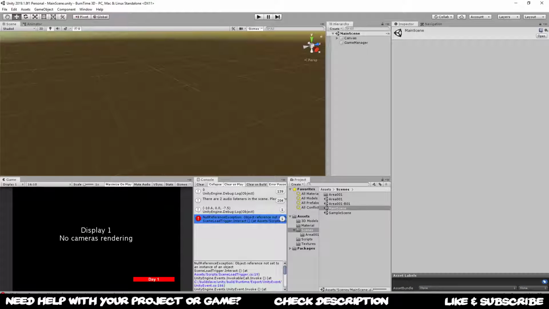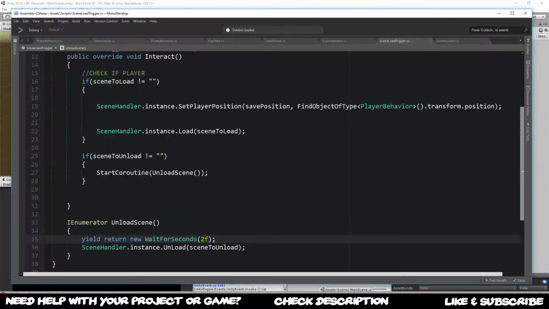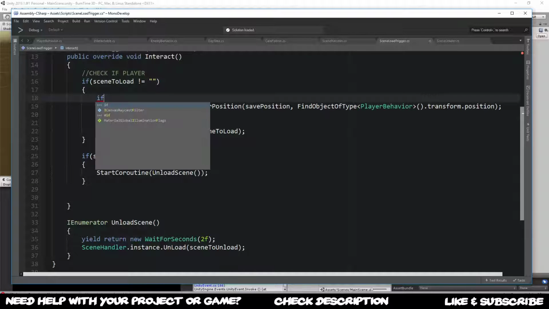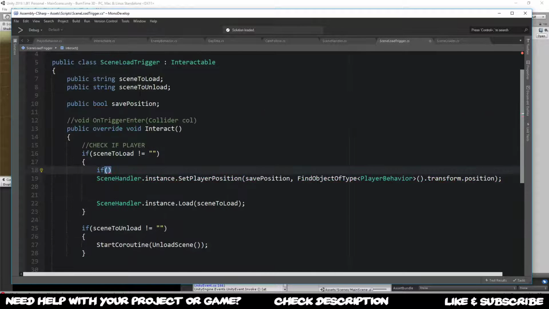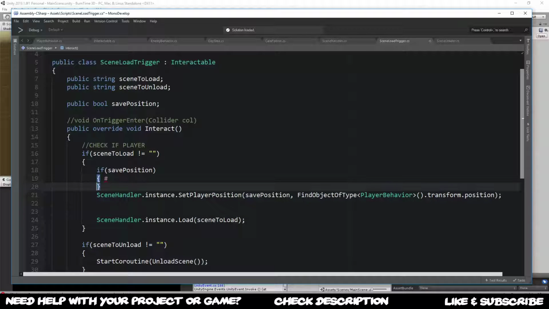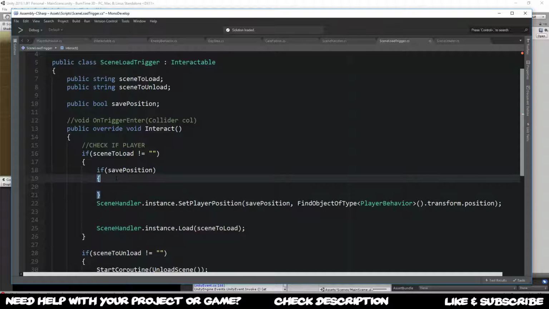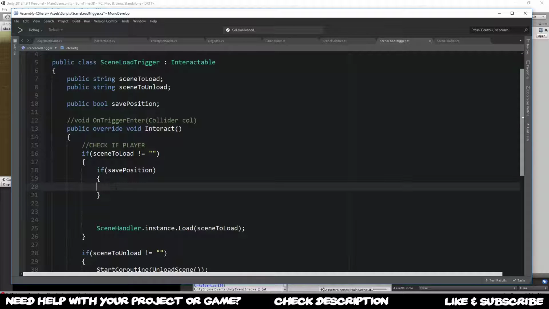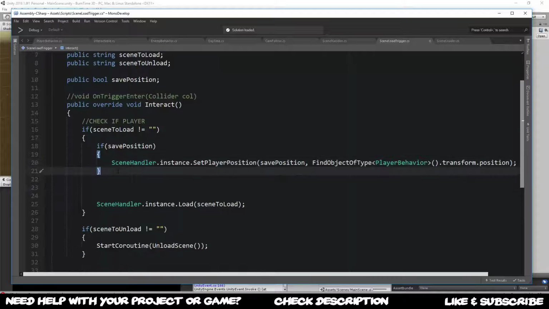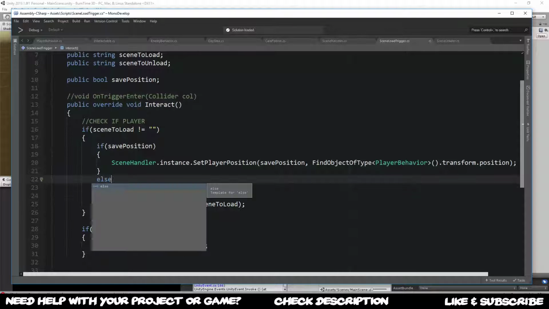But maybe it's the same issue. We are trying to set the position over here, and we try to find now a player behavior in the scene. That's why. Because we don't have a player in the scene. So now we need to put this into, we need to say if we have a safe position that we only do it this way. If we want to store this, we're going to put it like that. And otherwise,